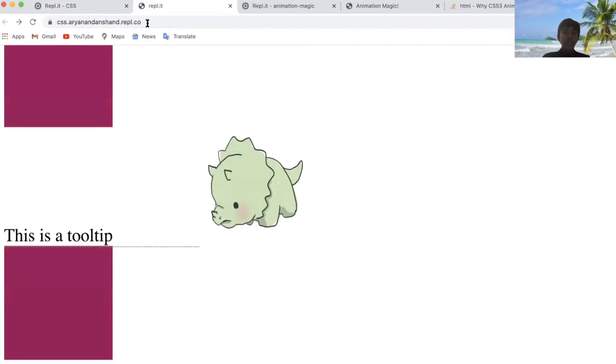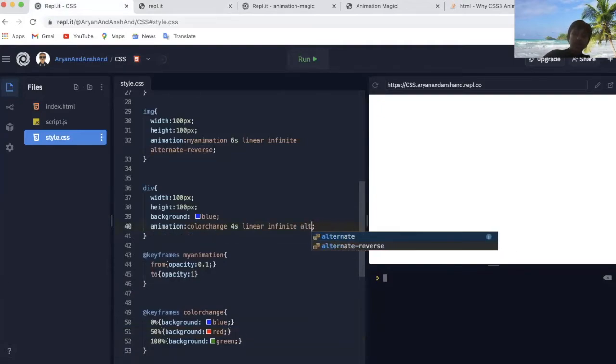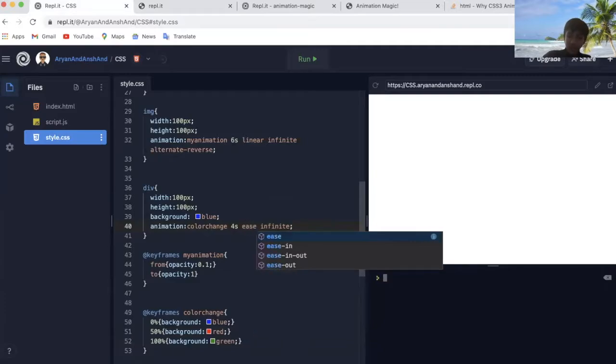So here say, I want it to be blue, red, green, but I don't want it to go back to red. So due to alternate reverse, it is going back to red, right? See, after green, it goes to red. I want blue only to come back. So here is where this linear becomes important. So I'll just delete this alternate reverse. If I change it to ease out,